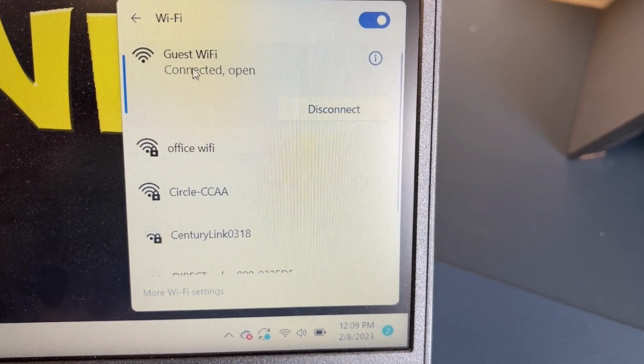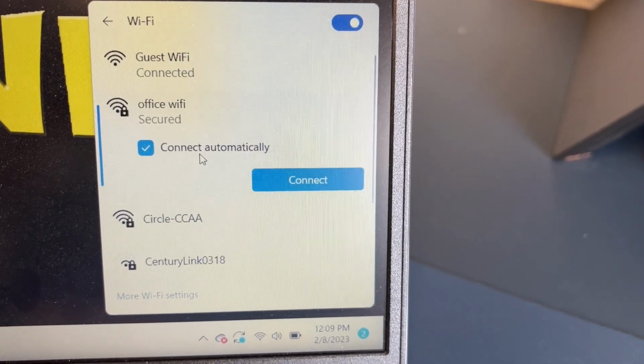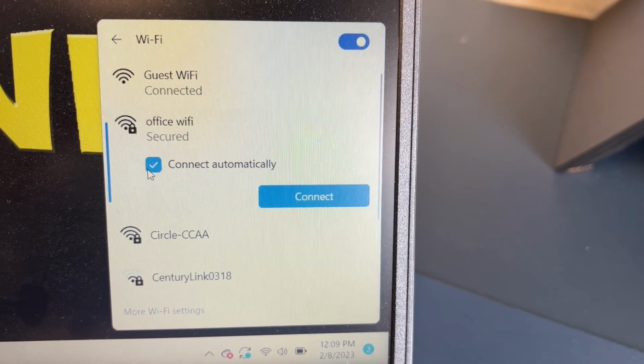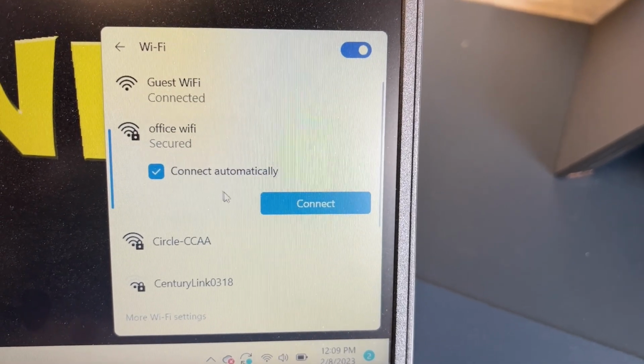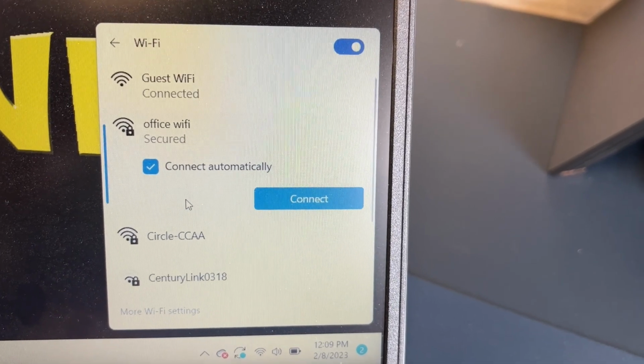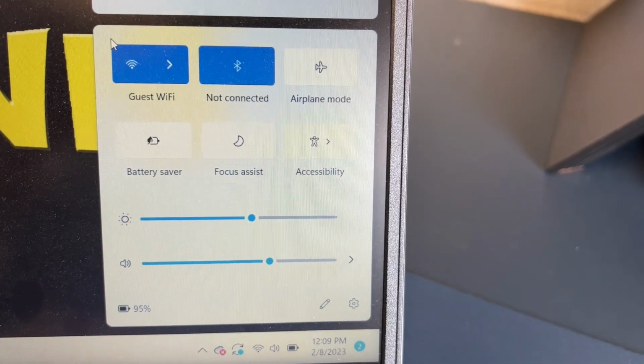Right now I am connecting to guest Wi-Fi. So say I wanted to connect into this one here that's available. Now yours are going to be different. Then you make sure that that box is clicked on connect automatically, and then you would connect. More likely you'll have to enter in a password for your Wi-Fi, but that's how you connect to the different